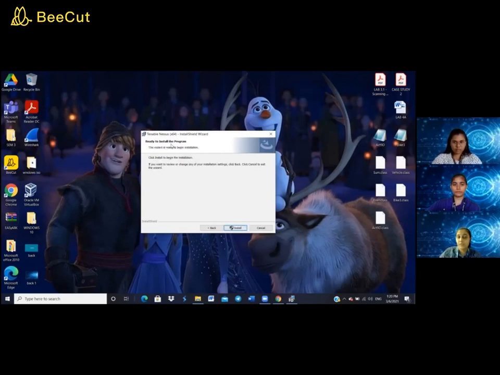So, ready to install the program. Now Tenable Nessus is ready to install on my personal host. So I'm going to click install. As we can see, please wait while the installer installs Tenable Nessus version 64. This may take several minutes, so we should be very patient. If we cancel, the installation will be stopped.